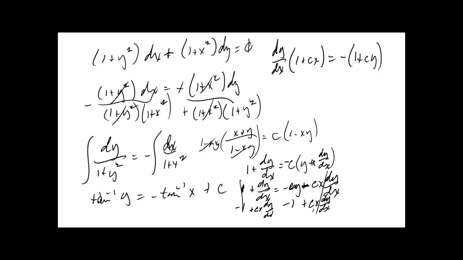Pulled out the minus on there too. Okay? And then if you divide both sides by 1 plus cx, you get dy/dx is equal to a minus 1 plus cy over 1 plus cx. Okay? Now if you turned around and wrote that